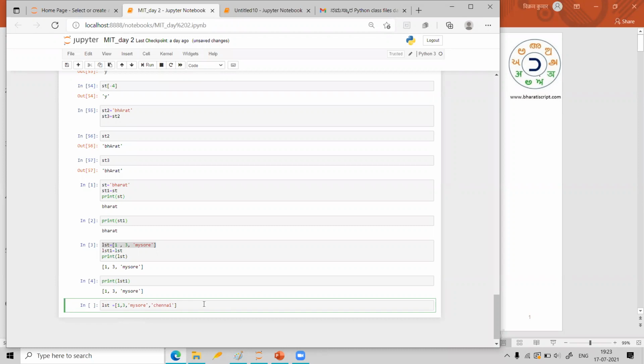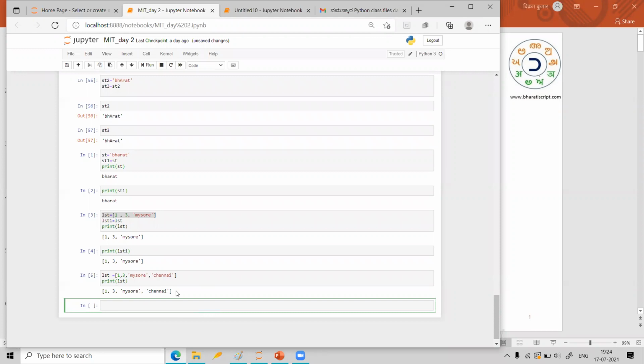That means I am adding one extra element to the original list. Now what will happen? I will print lst. Yes, whatever modification I made is shown here. Good. Up to now, there is no problem at all.